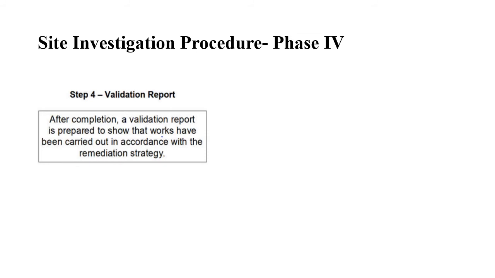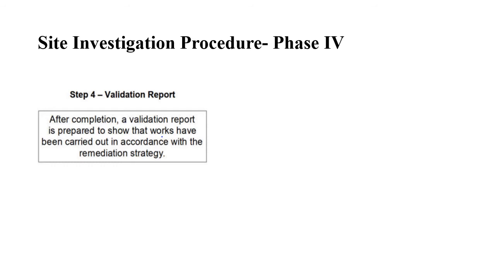So after a certain amount of time from the remediation period, you will have to conduct the chemical analysis test again. You will have to collect the soil, air, and water samples, and then do the chemical analysis test again. Again, the quantitative risk assessment has to be done. It has to be compared with the standard values, and then only you will know whether the remediation you applied has actually improved the land, or has actually remediated the land or not, or whether contamination is still existing in the land or not. So that is what you have to validate.